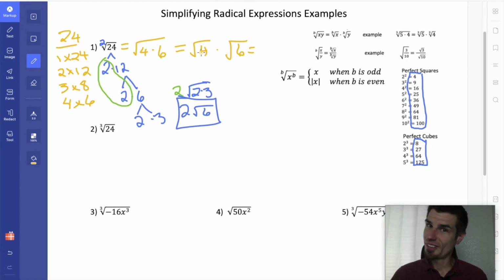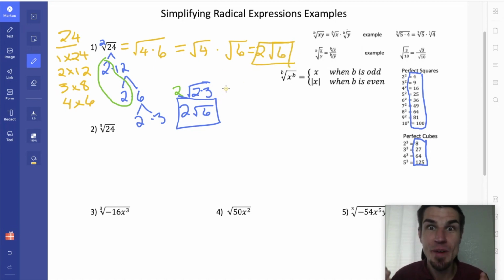And check it. Oh, what's the square root of 4? We know that one is 2, right? Do we know the square root of 6? It's an irrational number, so there's nothing else we can do to simplify it. If this gave us some sort of factor that we could do the exact same process again, split it into factors where we know the perfect square, we would keep doing that. But we can't. Like, this is as simple as it gets. So the square root of 4 just becomes 2, and we just leave the square root of 6. And